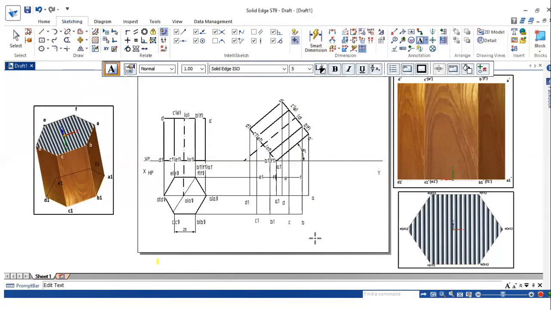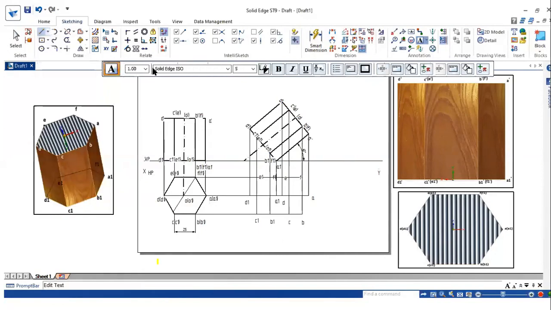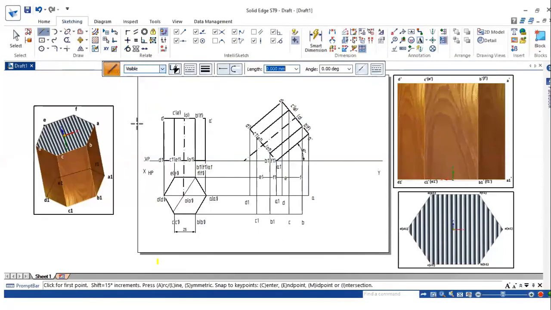So for joining visible and hidden edges, go for line option, select the visible.